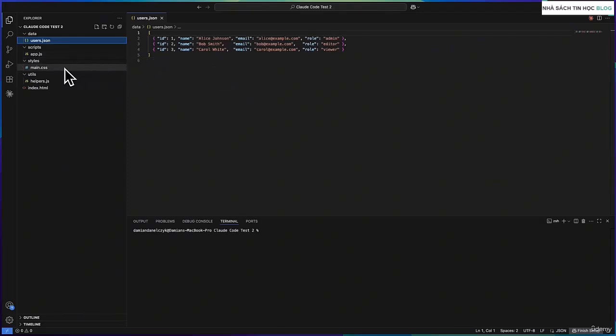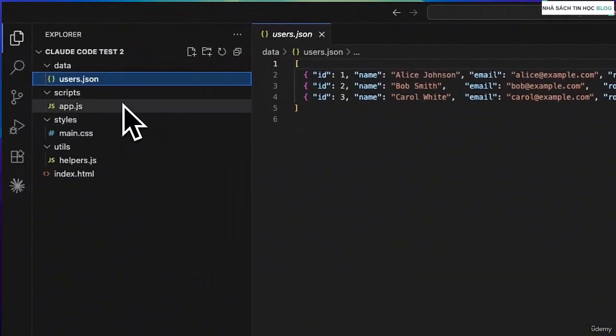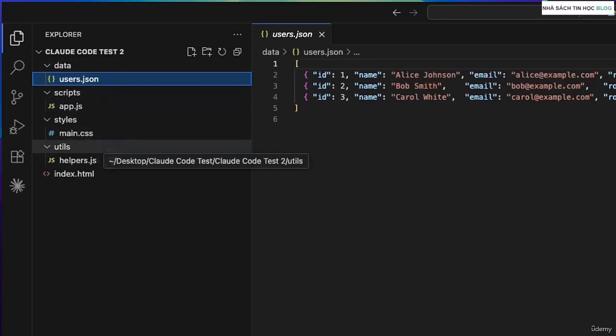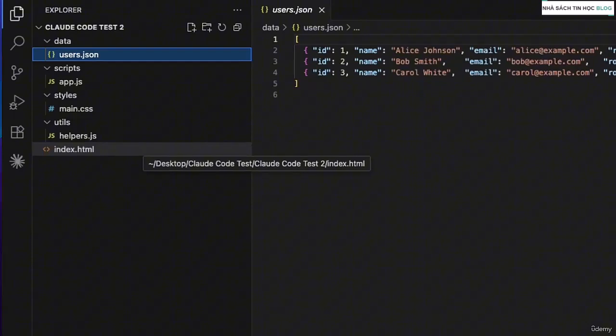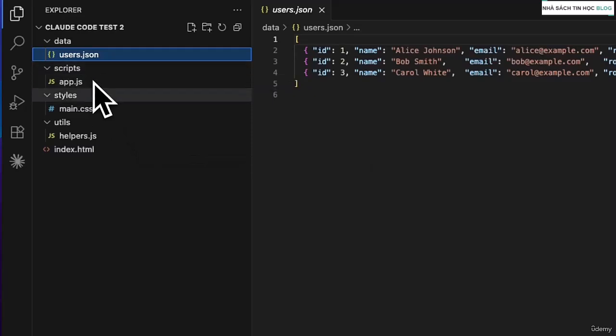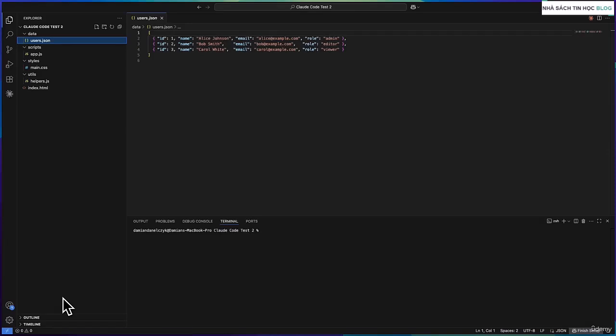So now when you ask it to make some changes, it knows how to navigate across these folders and files on its own. And that's what makes it really powerful to work with inside an IDE, rather than just a plain terminal. And as I said, this is one of the big benefits of working inside an IDE, because you can see all your project files, which makes it really easy to keep track of everything. You also get built-in source control, so you can create commits and see exactly what changes have been made to your codebase at any point. We'll be using that quite a bit as we go through the course.